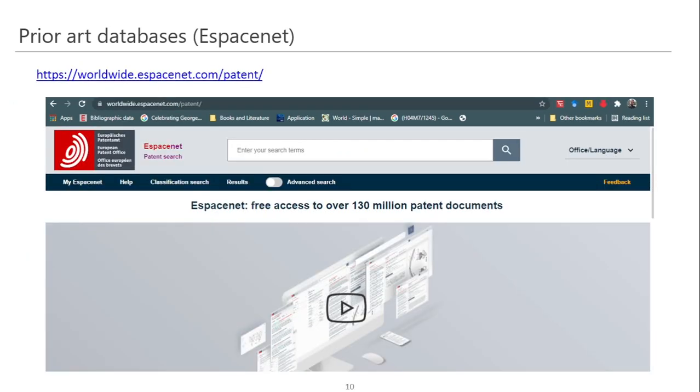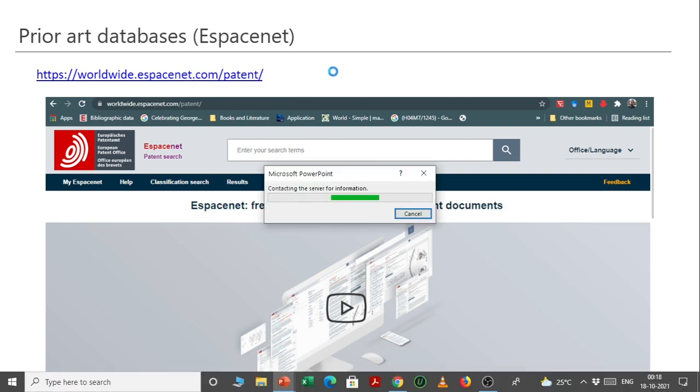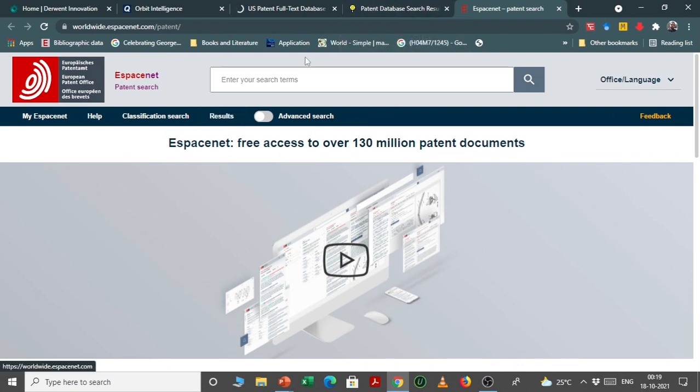Now another public database, or we can say a regional database, is Espacenet. It's a European patent database, and it also provides a search interface where you can search for a particular topic. Here you can put your term.